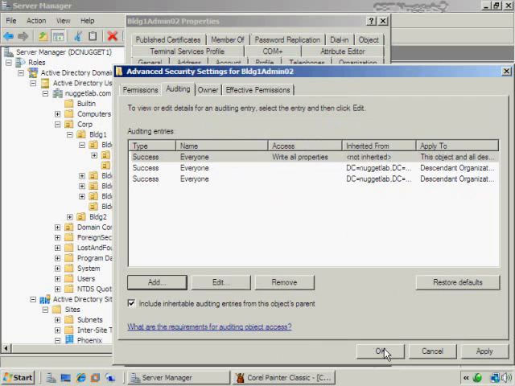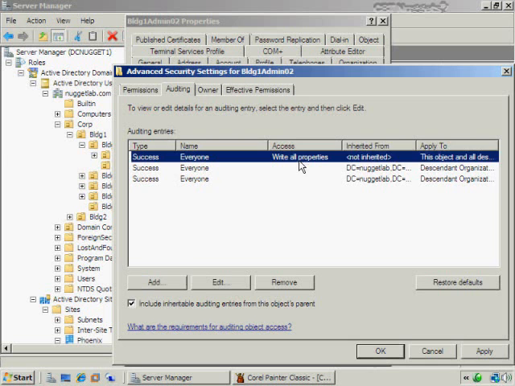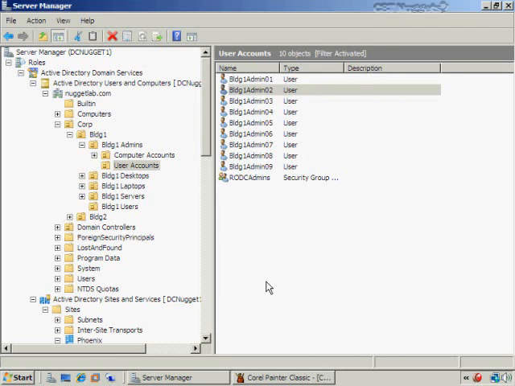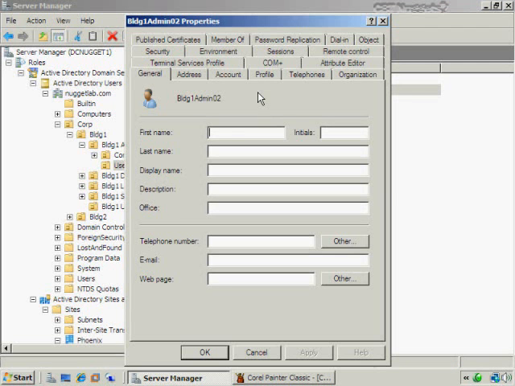But if it generates too many events, then it could fill the event log and cause other complications, such as, depending upon if your server's set up this way, it could stop running its services, or it could shut down if the event log fills up. So you might not want that either. So you just have to be a little judicious in how much it is that you do wind up editing or auditing. Okay? Alright, so now I've made that change,